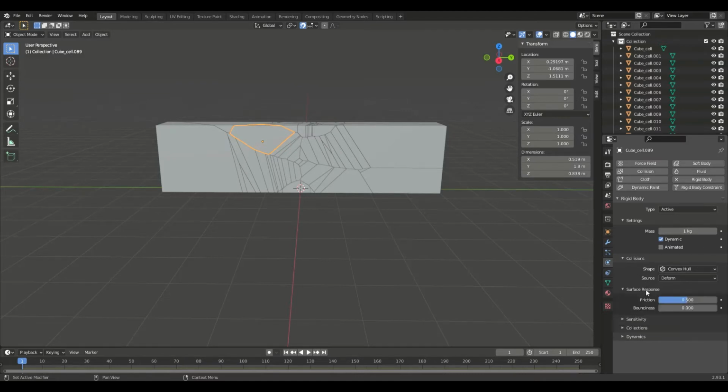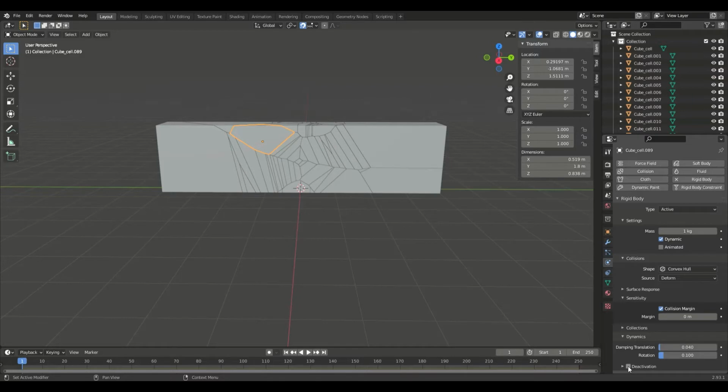Then you're going to go to surface response. That's pretty good too. Default's fine. Sensitivity is what you're going to want to do. You're going to click collision margin, and then you're going to change this to absolute 0. That means that everything will touch by its surface, not clipping on top of it, but it's going to be like that. Then we're going to go to dynamics.